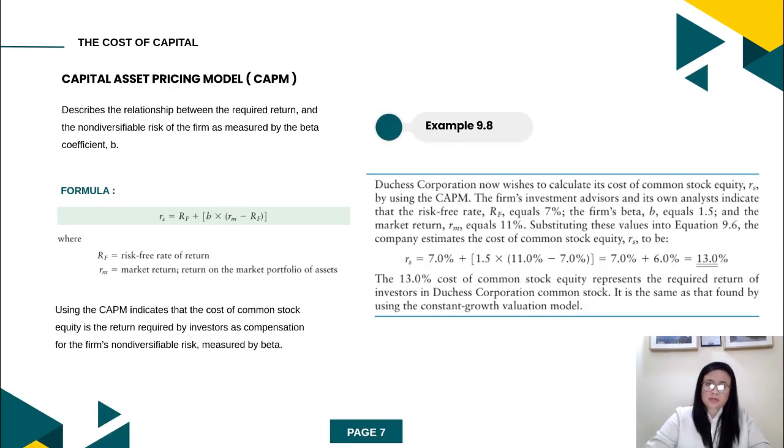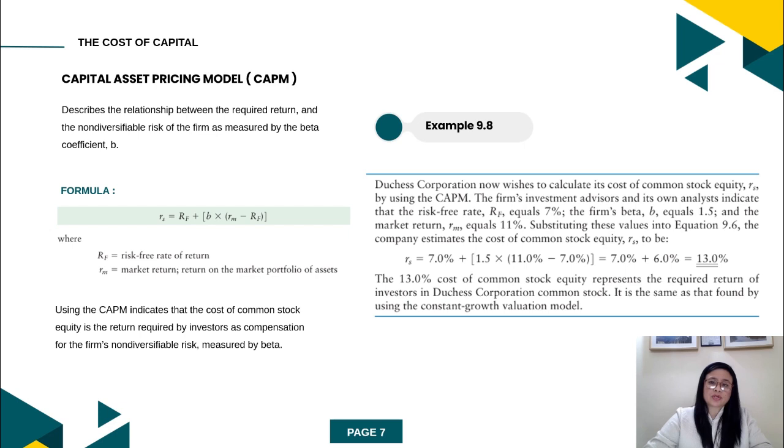The second method is CAPM, or the Capital Asset Pricing Model. It is used to determine the required rate of return for an investment based on its non-diversifiable risk, or systematic risk, which is measured by the beta coefficient. To understand further, let's digest. The capital asset pricing model calculates the required return on the equity, or RS, by considering